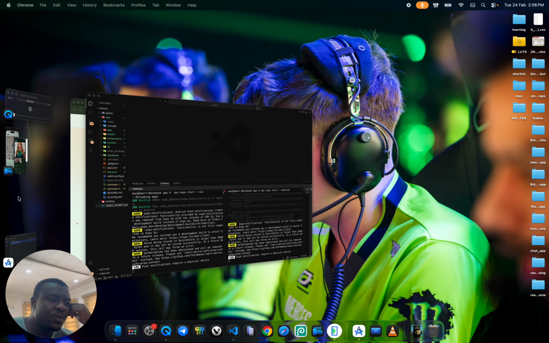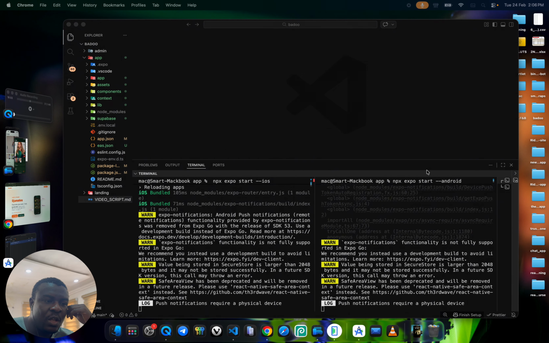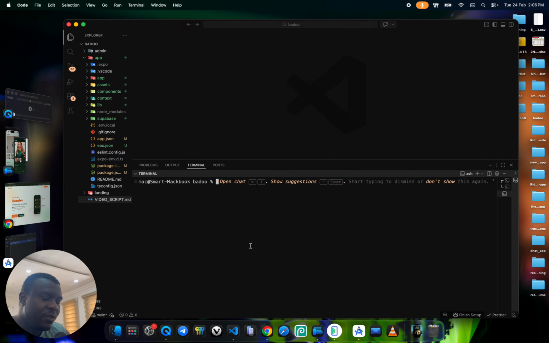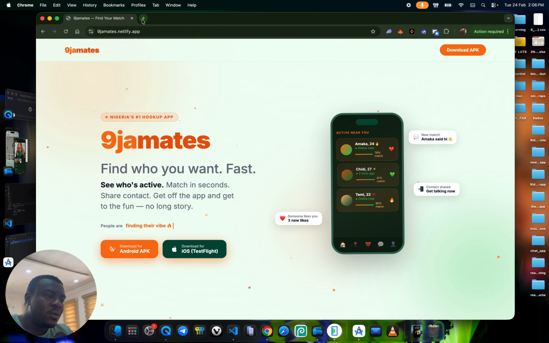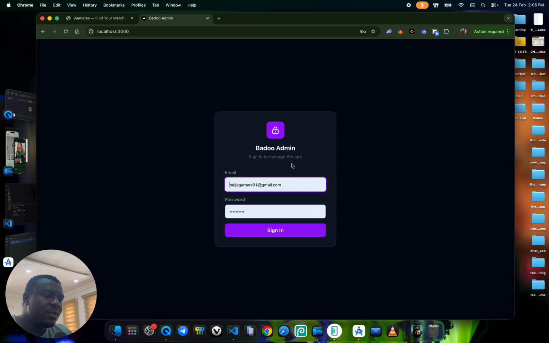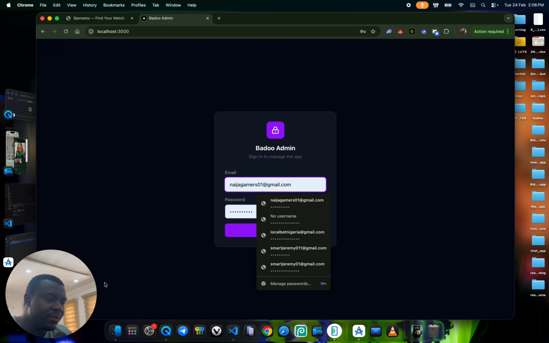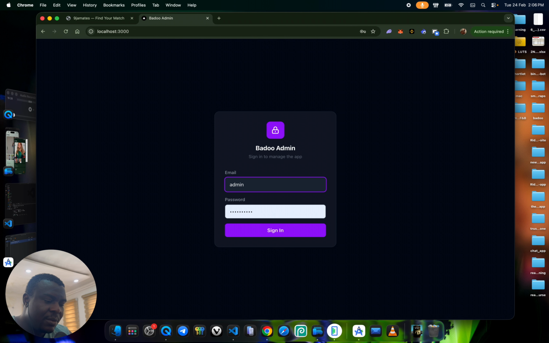Okay. Now we also want to test out something else too. We want to test out the admin panel, because without an admin panel you can't control anything. So we're going to cd into admin, npm dev. Okay, so here we're going to go to localhost. So this is the admin panel. This opens with admin